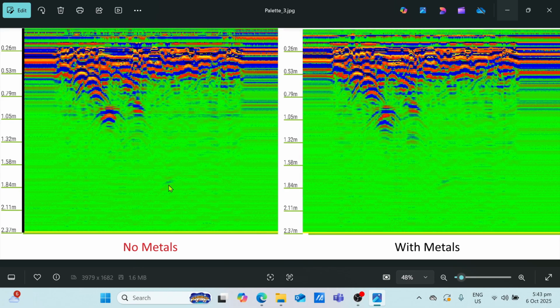And then third hole, a lesser contrast compared with metals, a little higher in contrast. So take note that the dark spot is bigger than the no metals. So this one. And a little darker on this one compared with no metals.